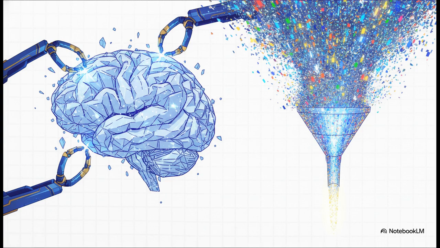But here's the catch. Without the second part, the L1 sparsity penalty, the autoencoder would just learn the identity matrix. It would perfectly memorize the data, which tells us absolutely zero about the underlying features. The sparsity regularization is absolutely crucial because it forces the network to use only a tiny fraction of its neurons to reconstruct the input. That's what forces it to isolate the really distinct, critical features.